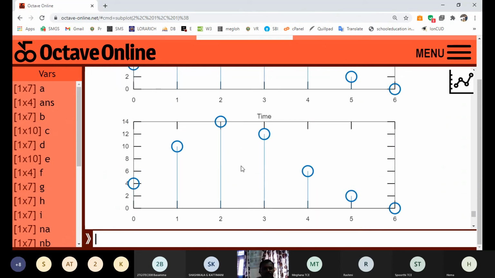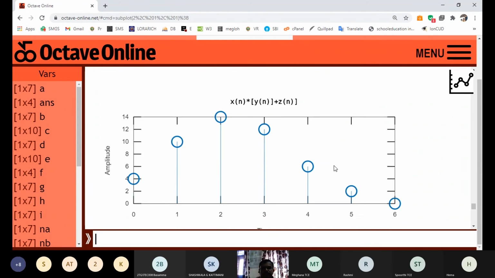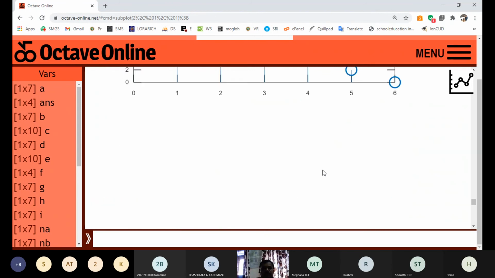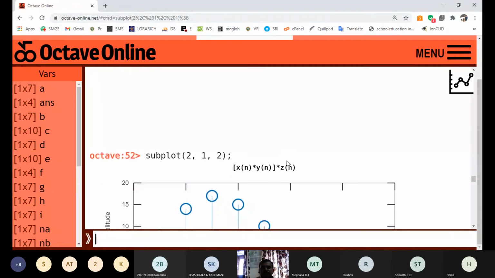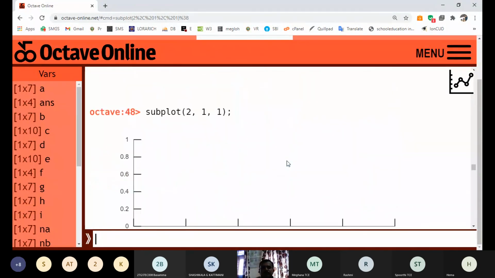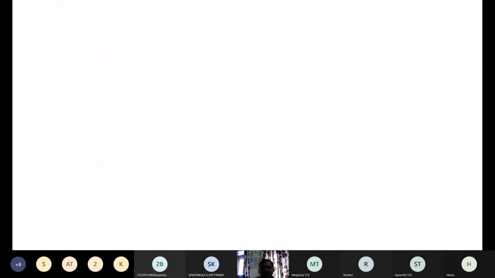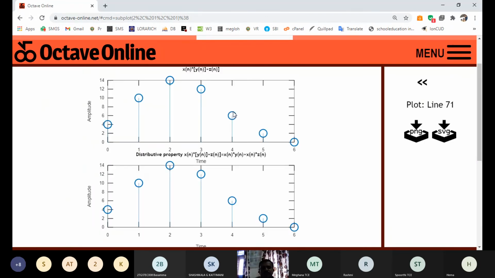So this is experiment number 2. What are the things we have done here? We are using 3 signals and performing 3 properties: the associative property, the distributive property and the commutative property, using linear convolution.